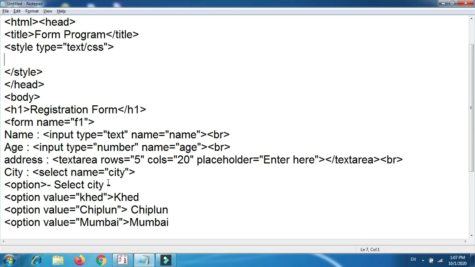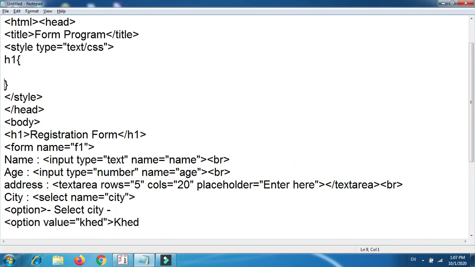Which is the requirement in the third and last point: the heading of the form should have an orange background color with different font styles. So now we have to choose H1, because H1 is a heading, the largest level heading. Curly bracket open, curly bracket close, and inside that I'm going to add the first property, background dash color. Which color do we want?